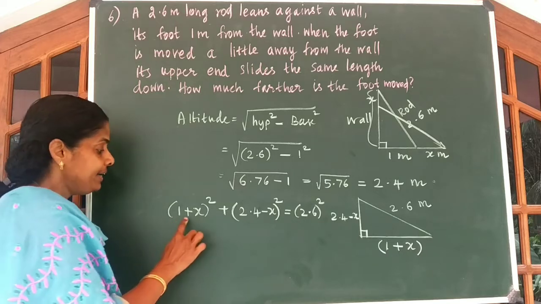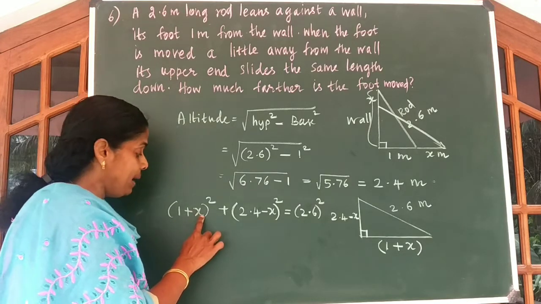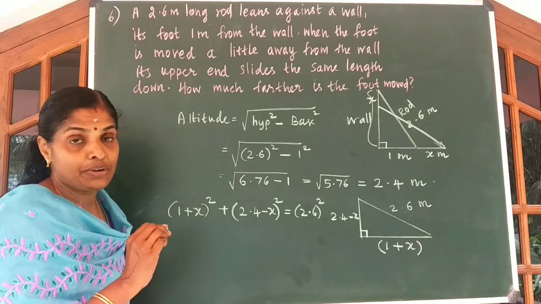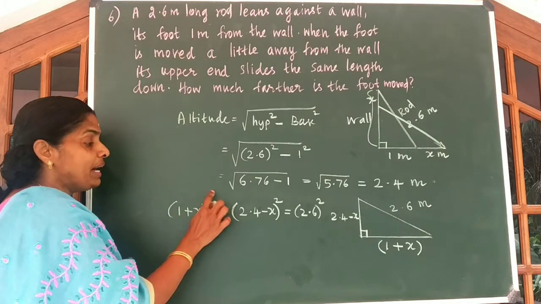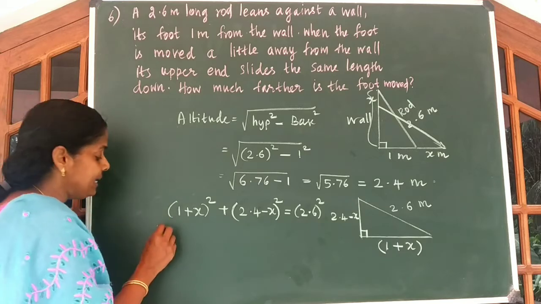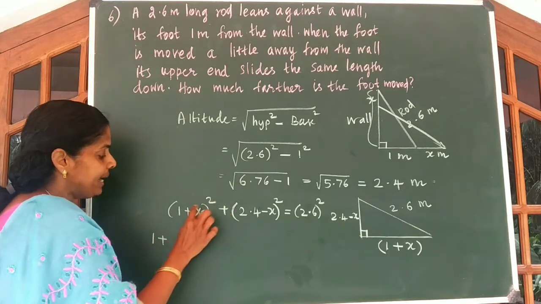Is it clear? Now let us expand a plus b whole square. We know a plus b whole square is a square plus 2ab plus b square. So when you expand 1 plus x whole square, you get 1 square, which is 1, plus 2 times 1